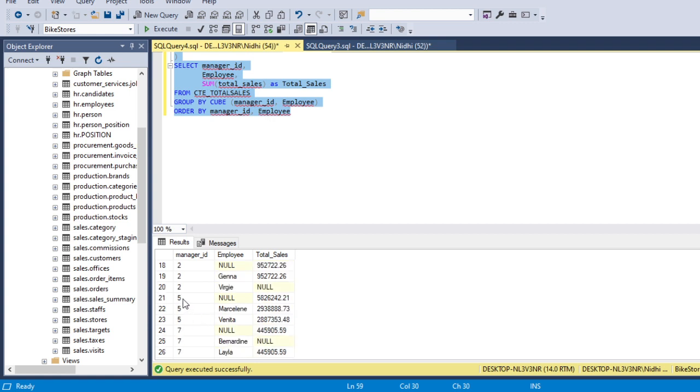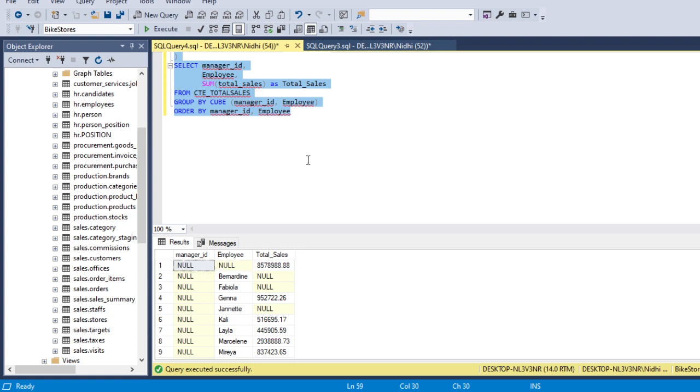Similarly, it is happening for other manager IDs or other rows as well. As you can see here, manager ID 5 means all employees put together. Then it is giving the manager ID and employee combination as well. Similarly for 7, it is all employees put together, then manager ID with employee name. And we have also got this one row where it is for all combinations, meaning all rows put together.